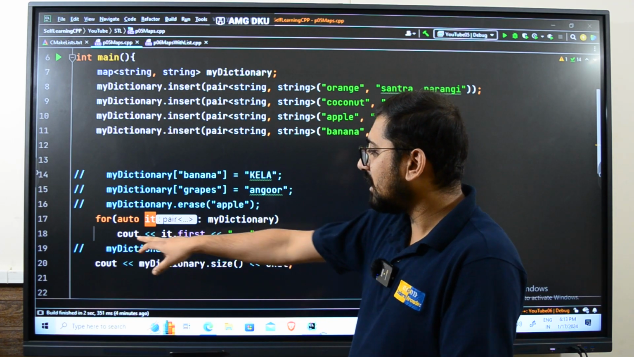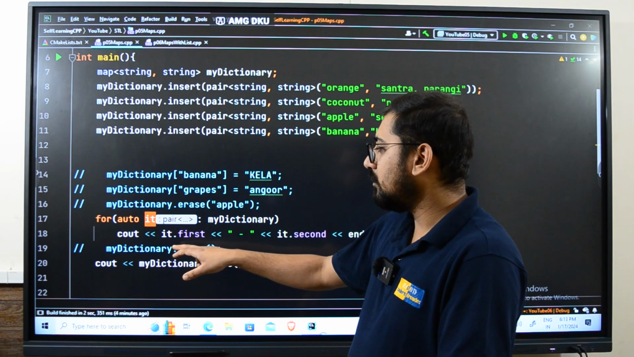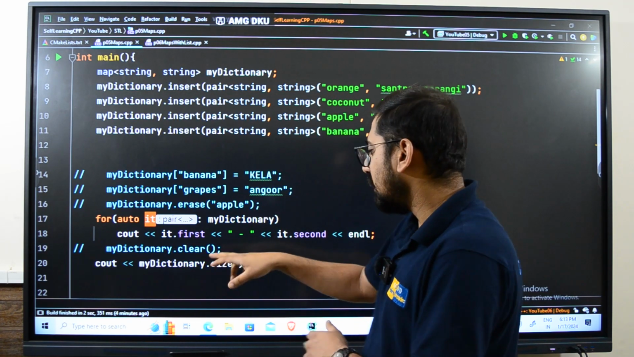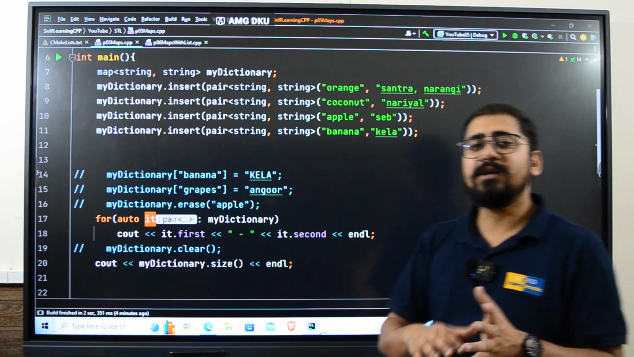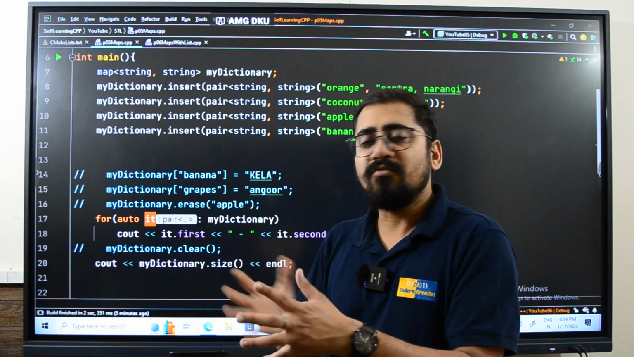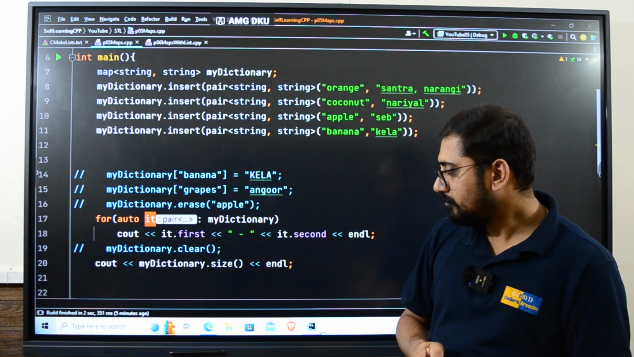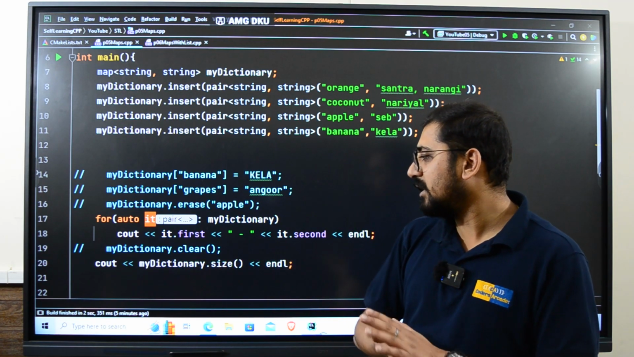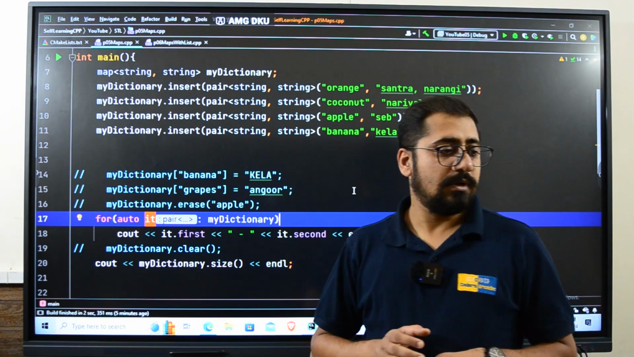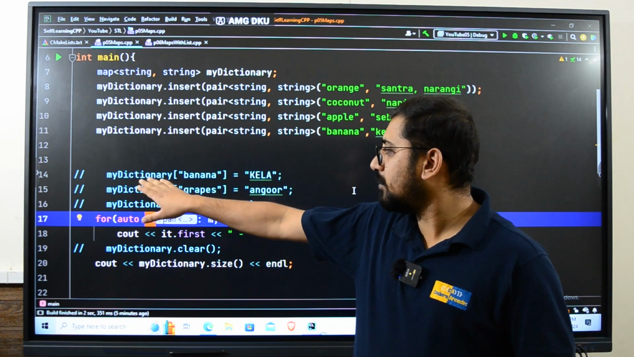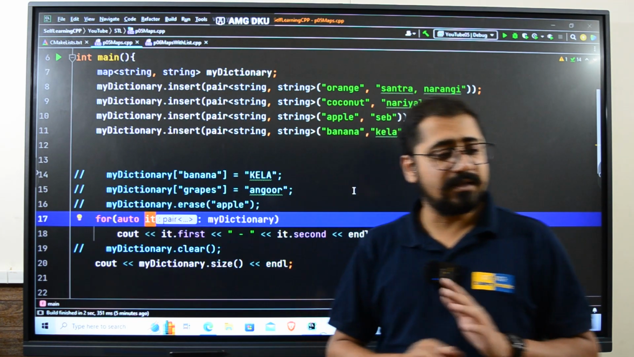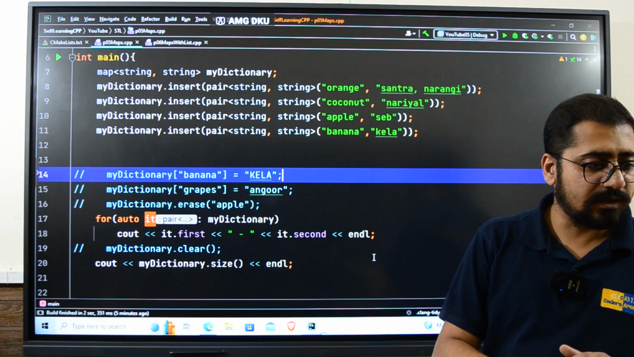After that I have written cout it dot first, which gives the key, and then a hyphen followed by it dot second. So the first is the key and the second is the value every time. Then I have this function my dictionary dot size to find the size of the dictionary. As of now you don't have to write these 4 statements which are looking blue in color, which are comments. Okay, if I execute this,